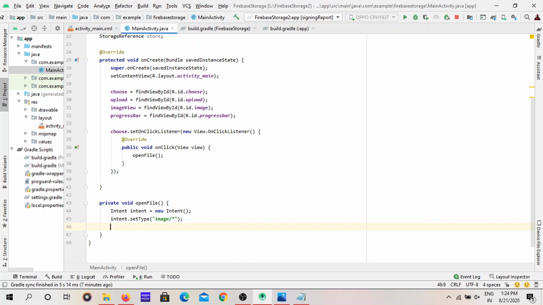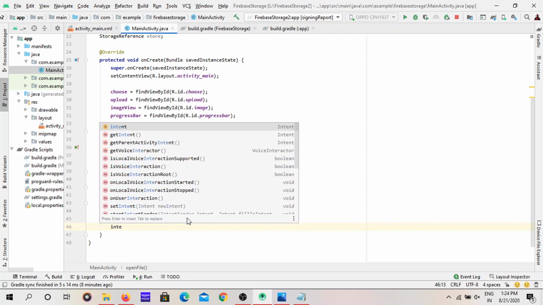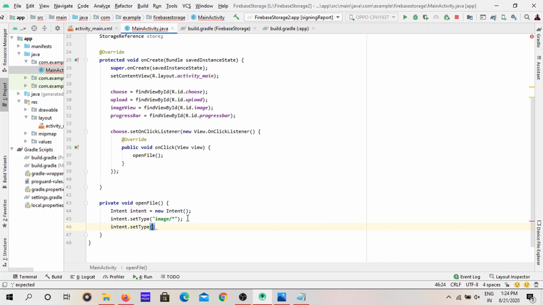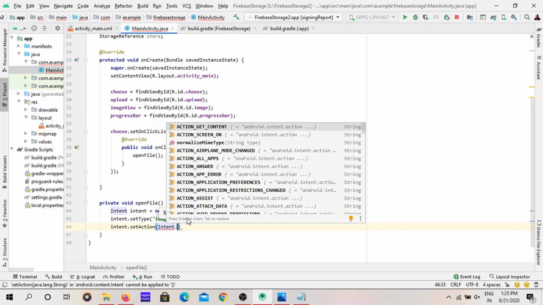Now what we have to do is we have to give some action. We just gave the type of the intent. Now we have to give the action to that intent. We are saying to the Java, this is the type of intent image, it will do some action. Set action, intent dot action get content.